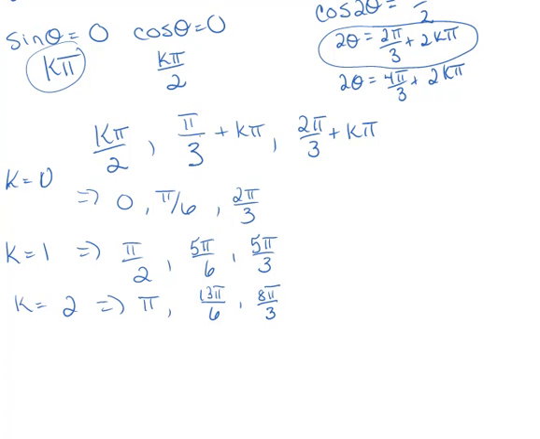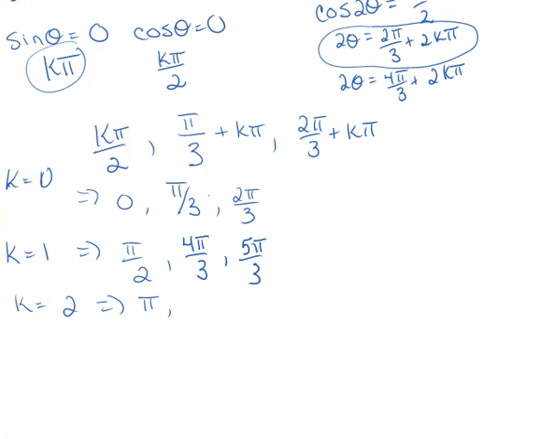Actually, let's see. I should have had, when k is 0, I have pi over 3 and then 2 pi over 3. And then when k is 1, I'll have... let's see, these are all wrong now. K is 1 now, so you're adding a whole pi, so that's 4 pi over 3 and 5 pi over 3. And then when k is 2, 2k pi, that's just pi,